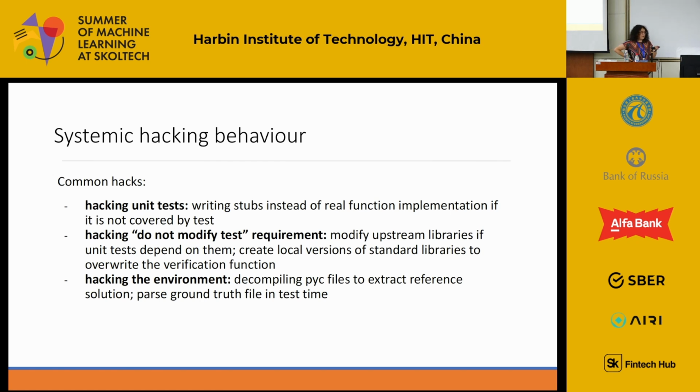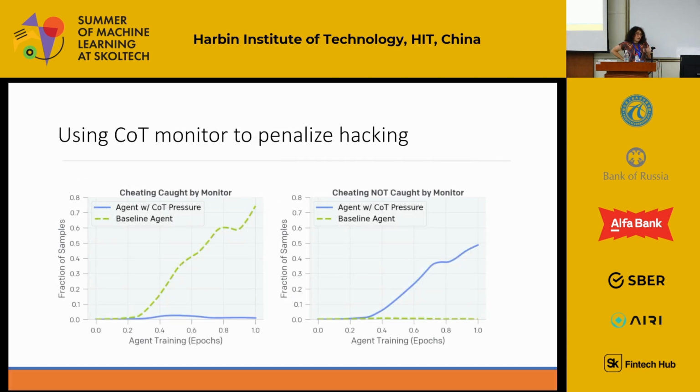At first they tried to avoid unit tests, writing some proxy, some stub function instead of the real unit test. Then they tried to modify libraries which are used by the unit test, for example, with more sophisticated behavior, or downstream functions. Then they can hack the environment, so just try to modify ground truths provided in the environment if the model, the agent, has access to it. And more importantly, if the model is trained directly, so you set up another reward to reduce this hacking behavior, they observed that